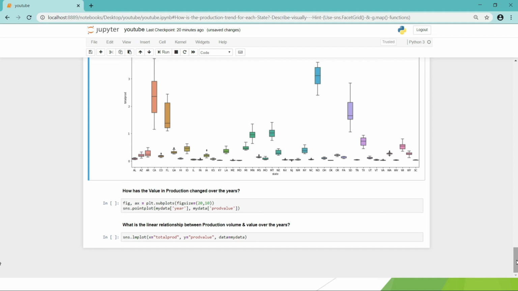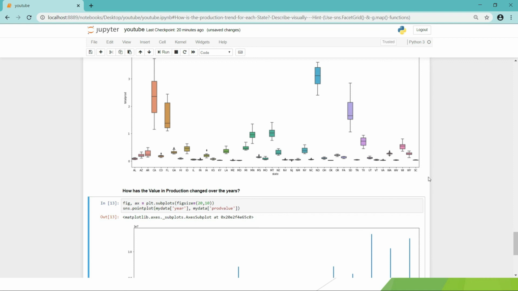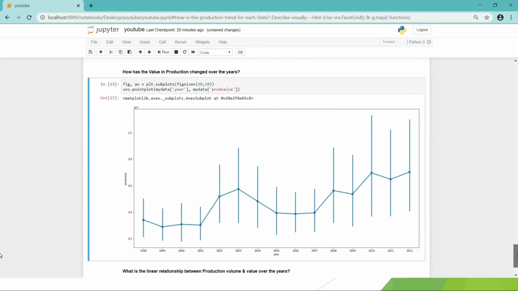Okay, now if you want to see a plot which is generally what you present to business also, a graph where you can show how your production has changed over the years. Again, I am increasing my figure size over here, and sns.pointplot we can use. My x is year, my y is total production. So if you see, this is how your production value has changed over the years.